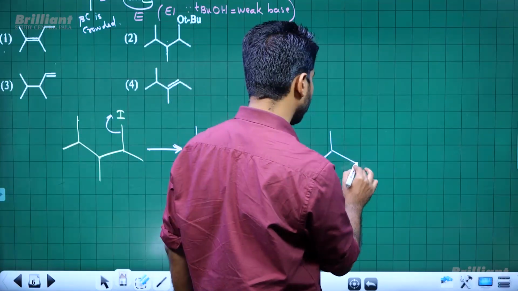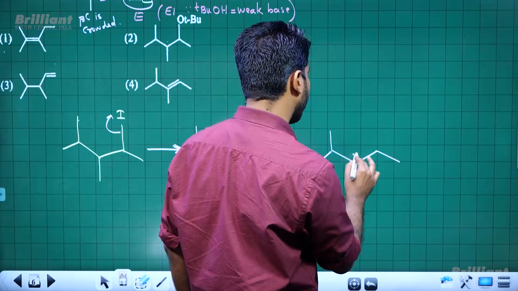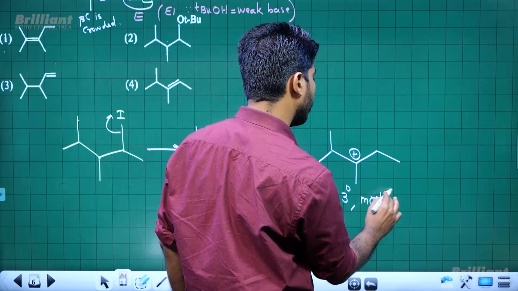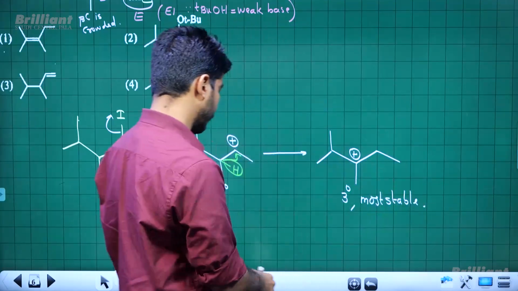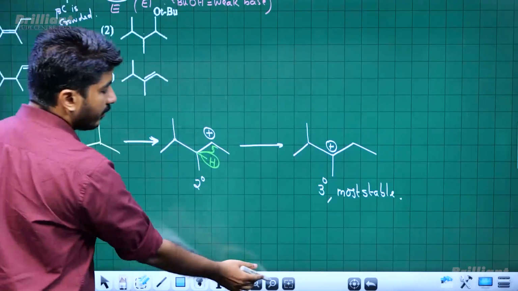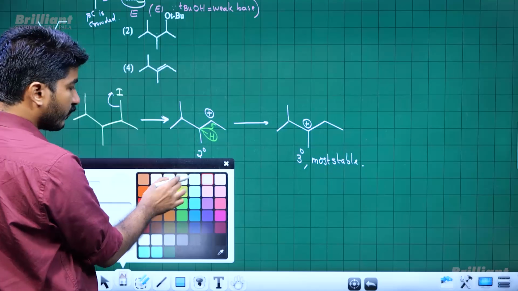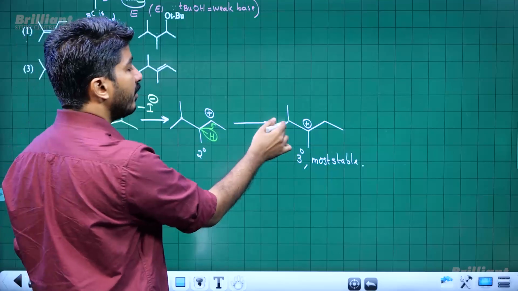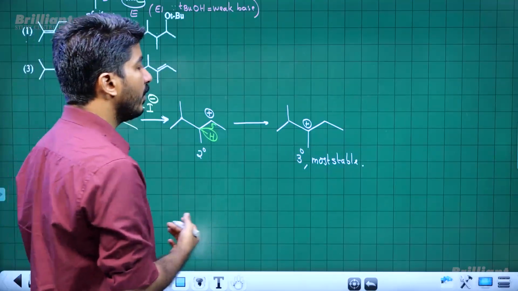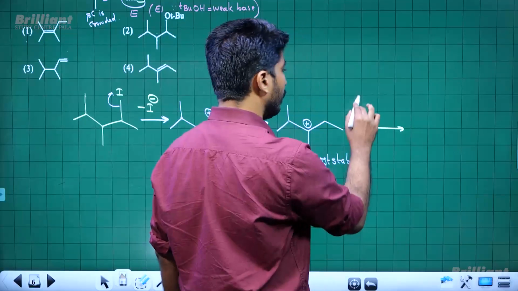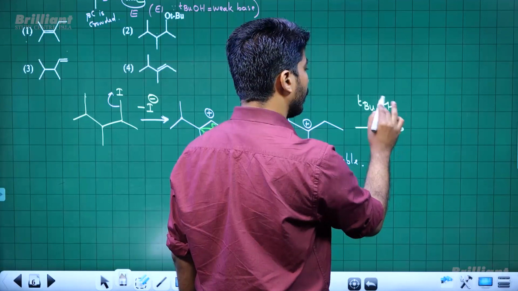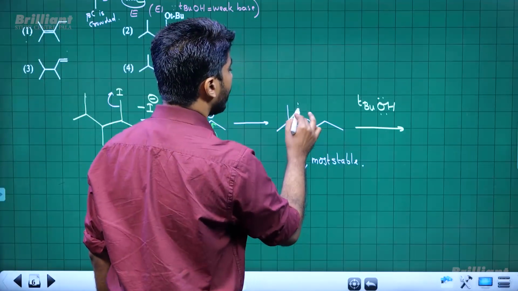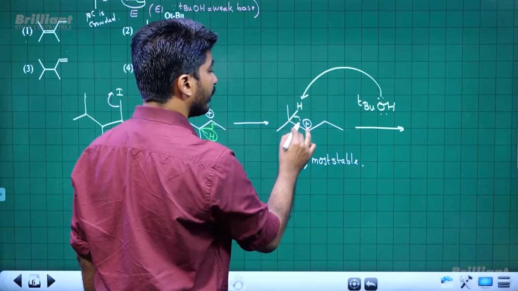then we can get a tertiary carbocation, most stable carbocation. And then at the end, so this is E1 mechanism, we removed the leaving group first, we got the carbocation, then carbocation just did a rearrangement to make it more stable, and later the last step comes. Now the base is very weak base, that is why it waited till now, and now the base can take H plus from that carbon,